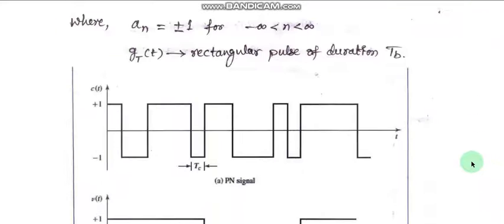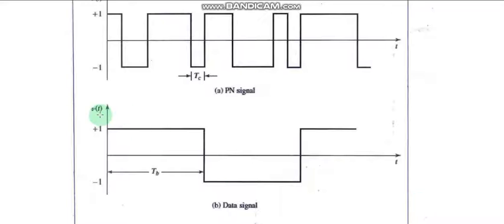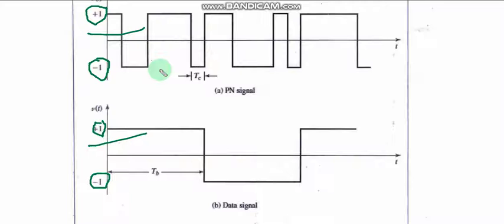Okay, so look at here. I am having the v of t, which is the message signal, m of t, the information bearing signal, this data signal, which is 1010, for example, we have taken here, and it is multiplied with the PN sequence, the PN signal, and this signal is also rectangular pulses, and the amplitude levels of both the signals, both the signal amplitude levels, are plus 1 and minus 1. Okay, so this is very important here. So it will be very easy to do mathematical considerations here. That is why we are taking them to be plus or minus 1.